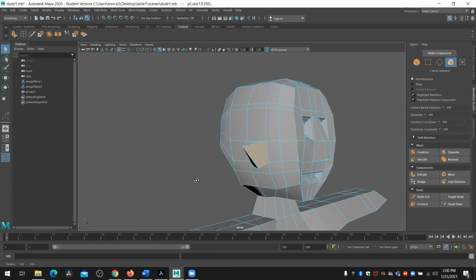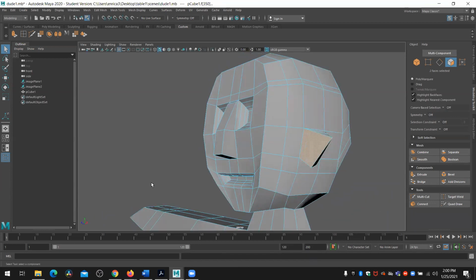I just don't like to have the symmetry on all the time because it can get things a little bit more tricky. So you see, it creates this weird extrusion thing because I have both selected. My extrude now is in the middle. That is kind of weird, but let me see what I can do. I'm going to scale it in a little bit